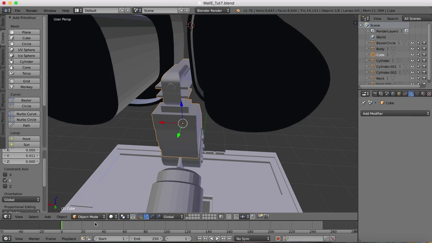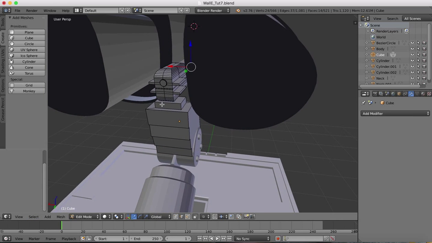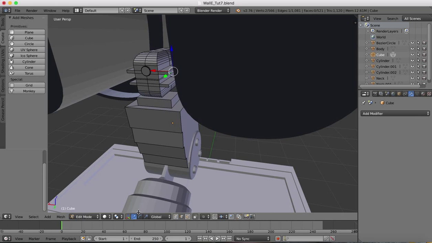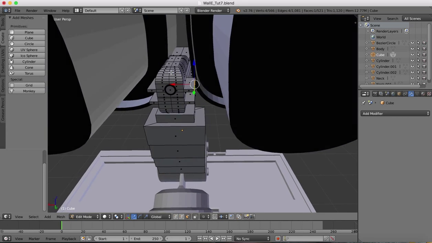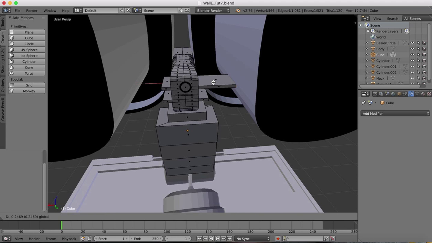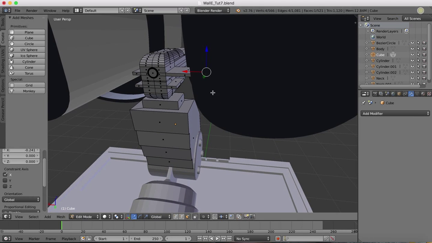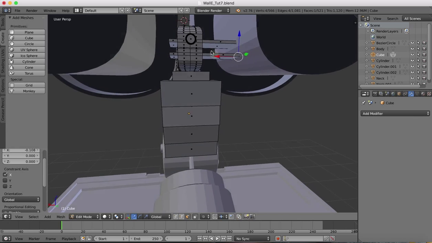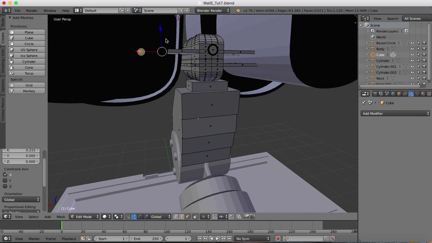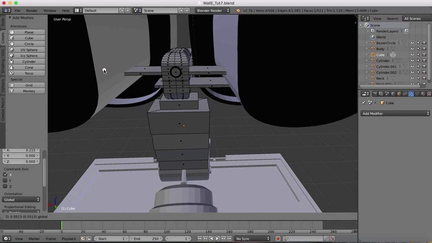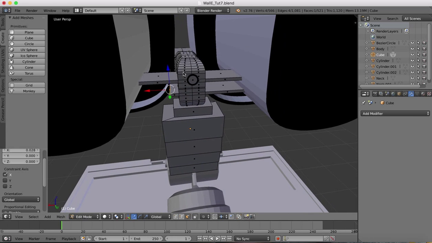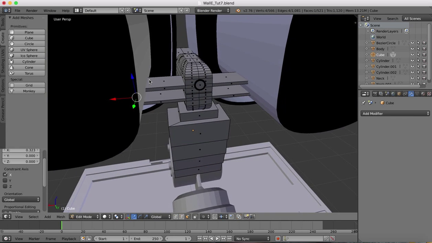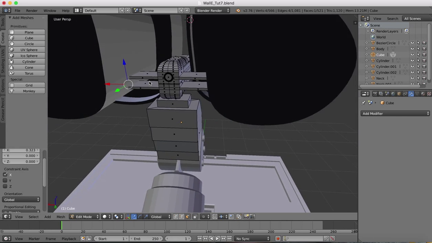So we'll just select that and go over into edit mode, and we're going to want to select the face. So face select, we'll drag this face out, and the same down here, and then also over on this side. Okay, now we've done that,